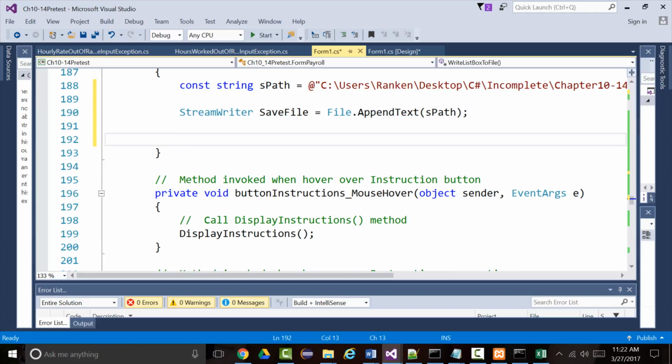Now that's not it. We're not done. I've got to put in about 4 more lines. But the point is, what I want you to understand is right there, we're using append text, which means every time we run the program, add on to it. If you use create text, then every time you run the program, it'll overwrite what was in there previously. All right? So,